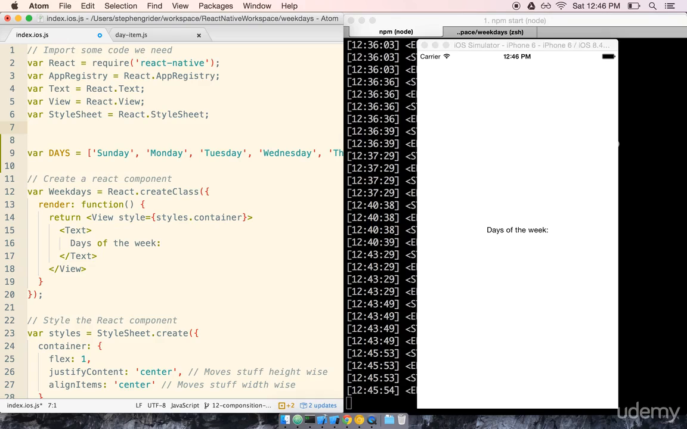We're going to do so using the require syntax, just the same as we did with React Native. So on line 7, we'll write var DayItem equals require DayItem. Makes sense, right? We have a file called DayItem. We have a library called React Native. I should be able to require this file into index.ios.js. So let's go ahead and save this,